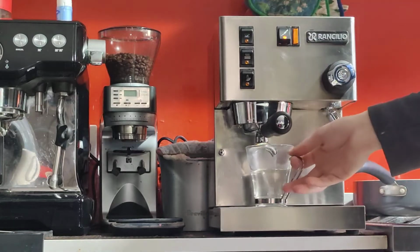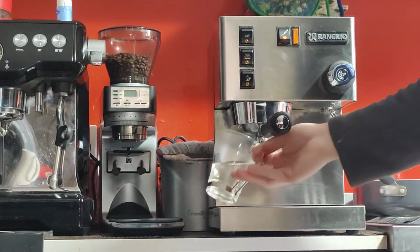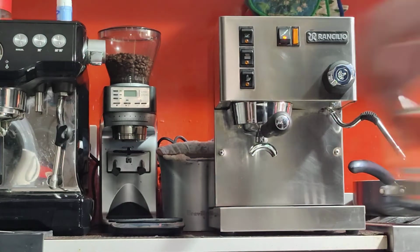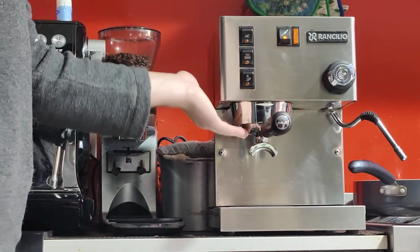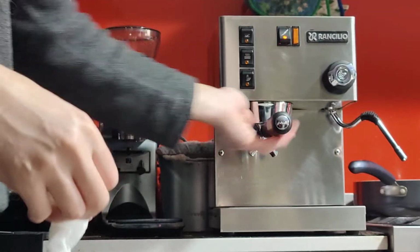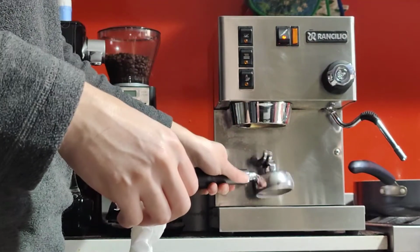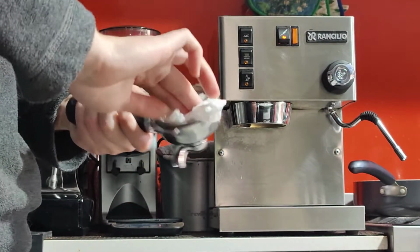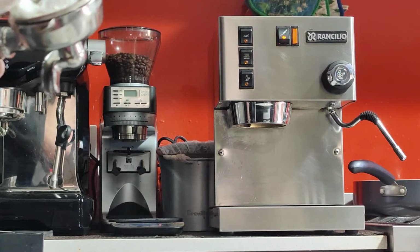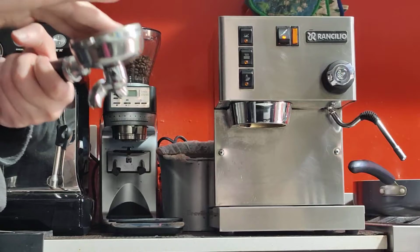You can do this once or twice, it's up to you really. Just a little bit helps to keep things nice and hot. It's really hot now, so I think that's enough. After you do the blank shot, the portafilter obviously is wet, so you want to dry that before grinding your coffee. And you want to be using freshly ground coffee with these machines for best